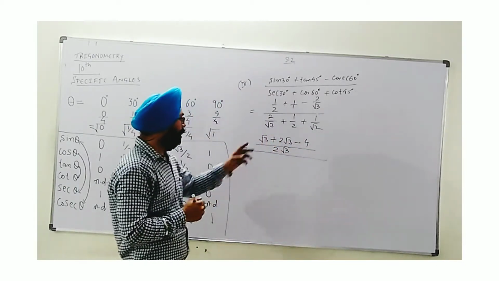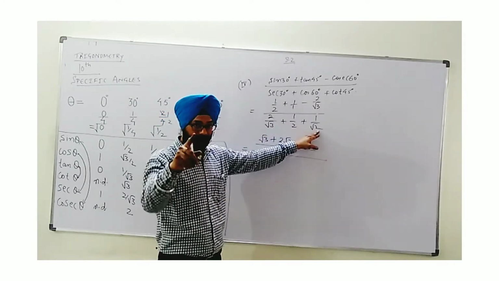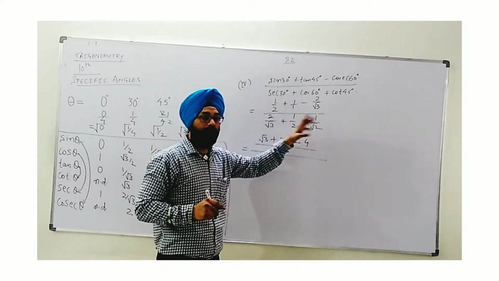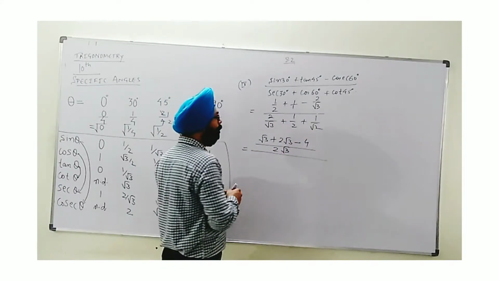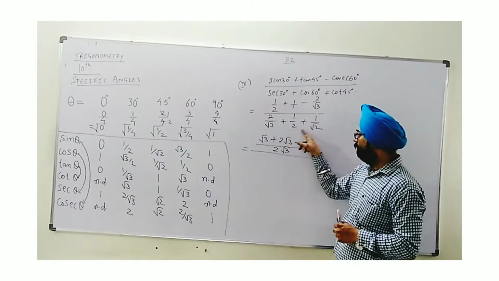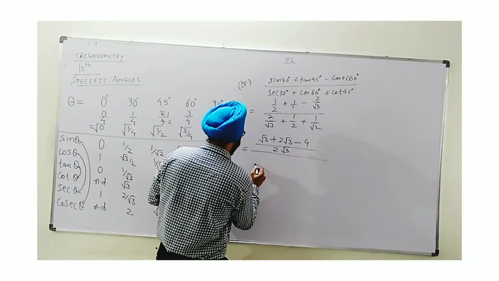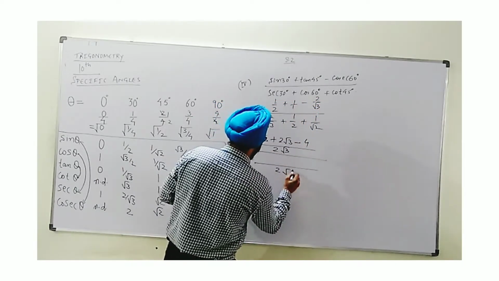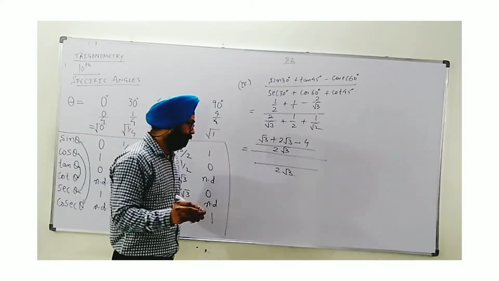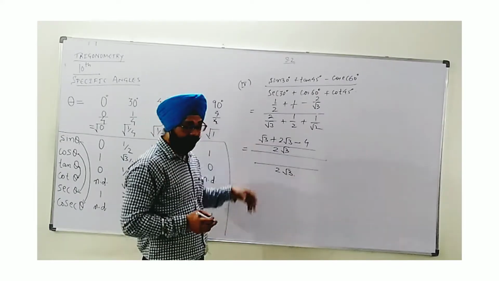Be careful. I see root 3 is different, but 2 is a multiple of root 2, because we know root 2 squared is 2. So that's why the LCM of 2 and root 2 will be 2. This way we can say 2 is the LCM of these two with root 3. Final LCM will be the product of 2 and root 3, so 2 root 3 is the result. Be careful, I am repeatedly saying, this may confuse those students who are not perfect in solving irrationals.